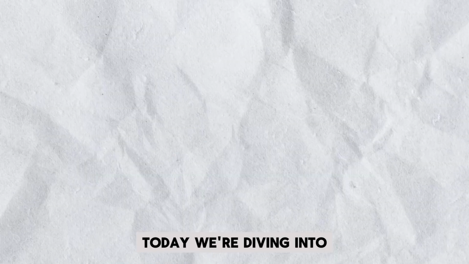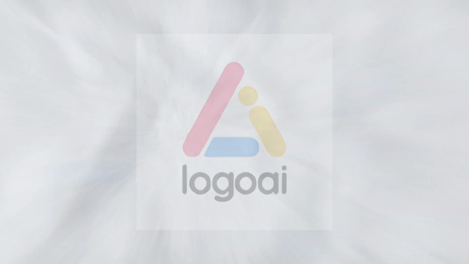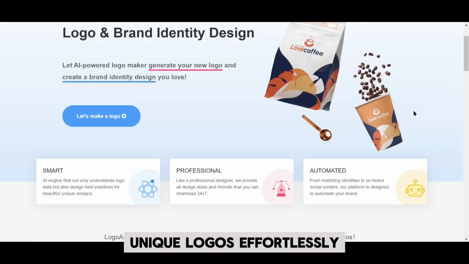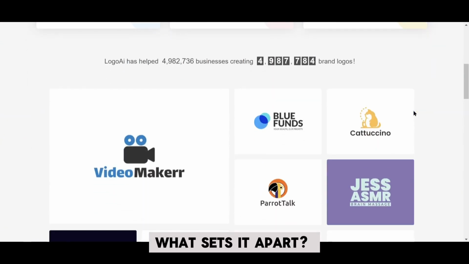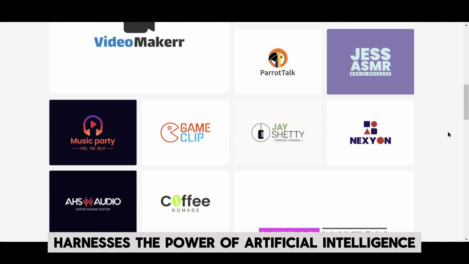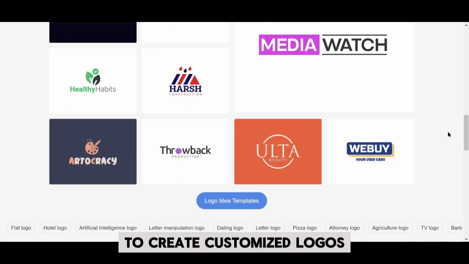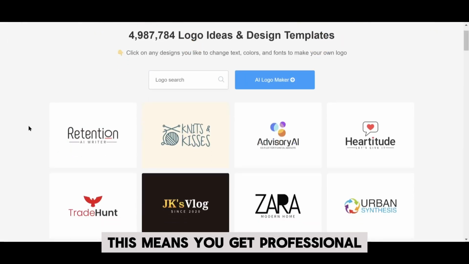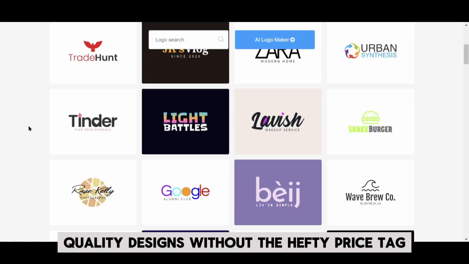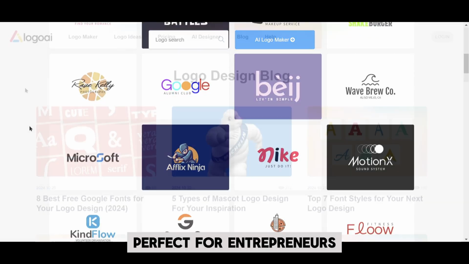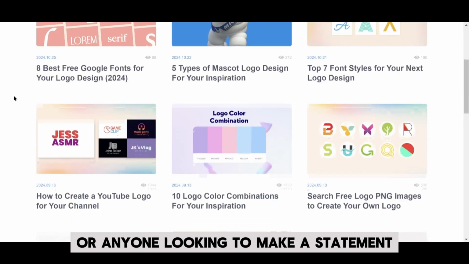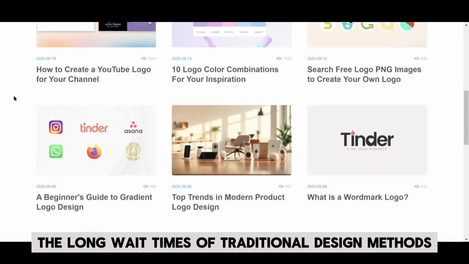Let's get started. Today, we're diving into LogoAI, an innovative platform that allows you to generate unique logos effortlessly. What sets it apart? LogoAI harnesses the power of artificial intelligence to create customized logos tailored to your brand's identity. This means you get professional quality designs without the hefty price tag. Perfect for entrepreneurs, small businesses, or anyone looking to make a statement without the long wait times of traditional design